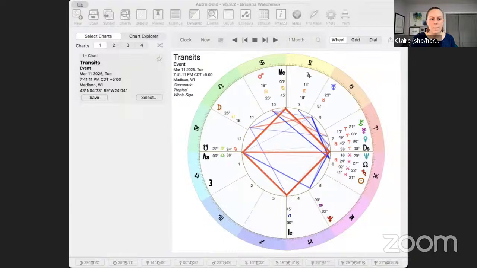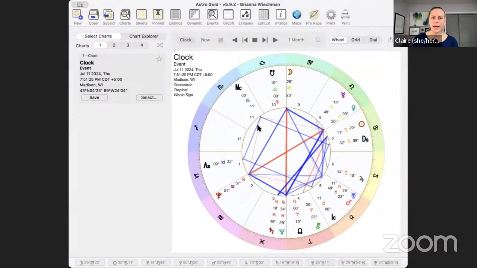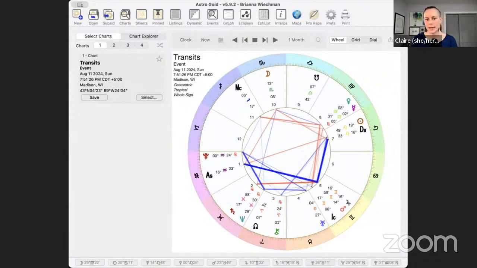And I did want to touch on Mercury retrogrades for a second, because we do have one coming up in August. Remembering that retrogrades are sometimes a redirection of the house topics that Mercury rules. So we can always look at a Mercury retrograde in the place that it is.